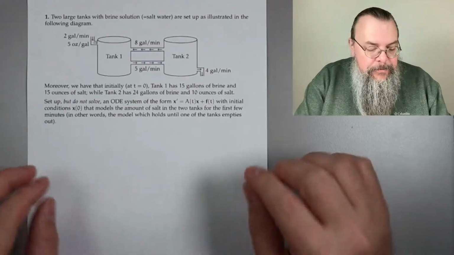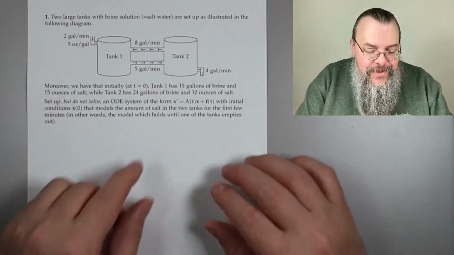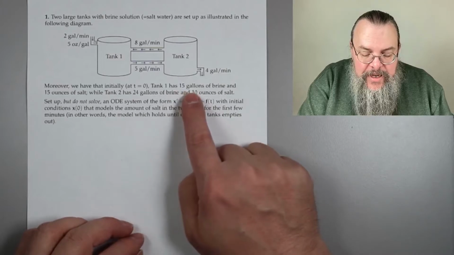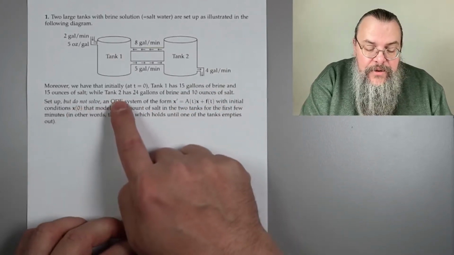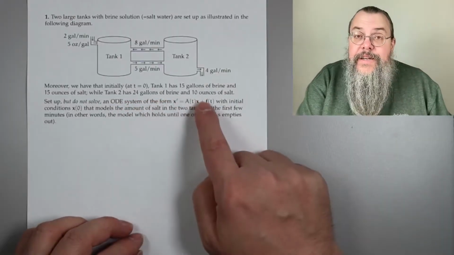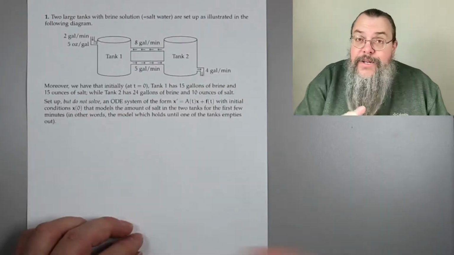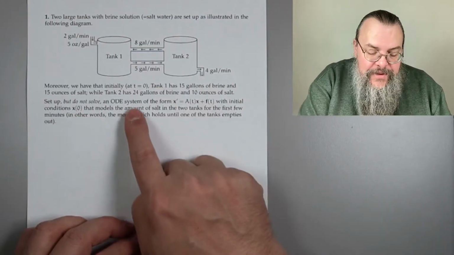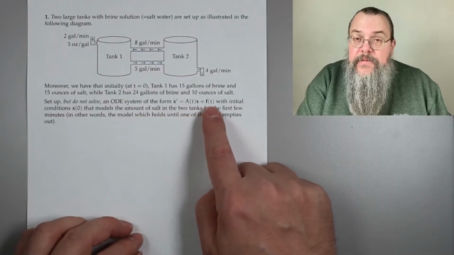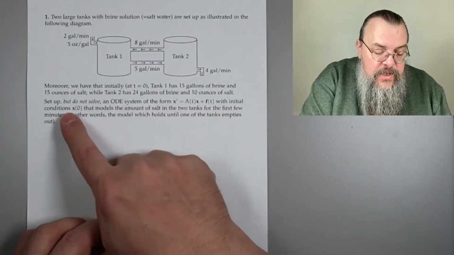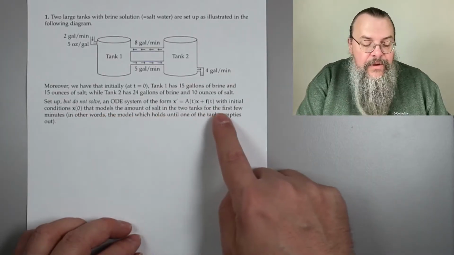Okay, so let's keep reading. Moreover, we have that initially, which means that time t equals 0, tank 1 has 15 gallons of brine, 15 ounces of salt. Tank 2 has 24 gallons of brine, 10 ounces of salt. Set up, but don't solve, an ODE system of the form x prime equals A of t x plus f of t with initial conditions x of 0